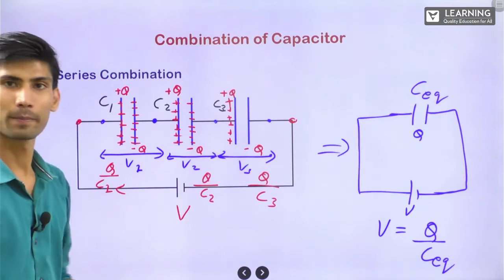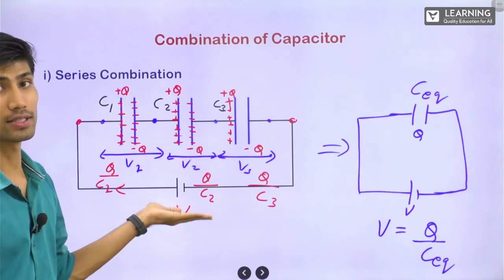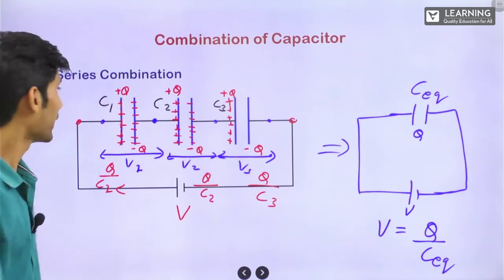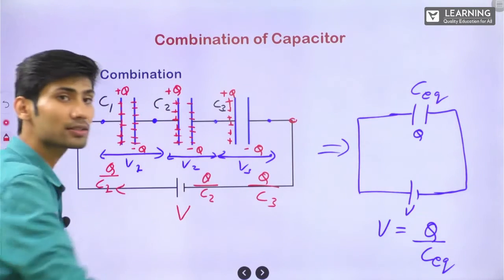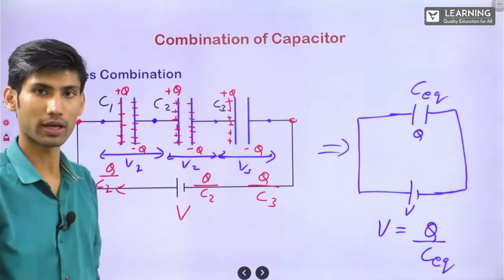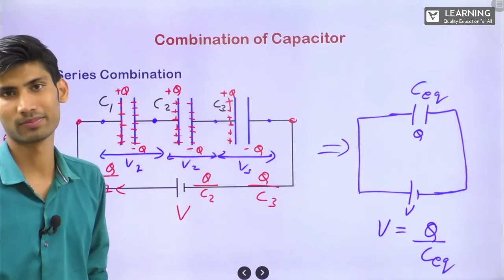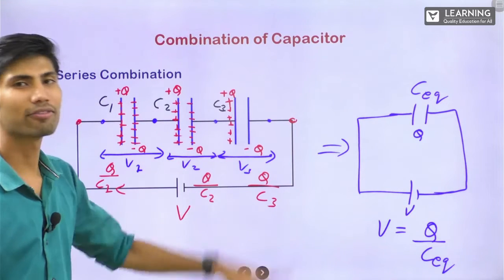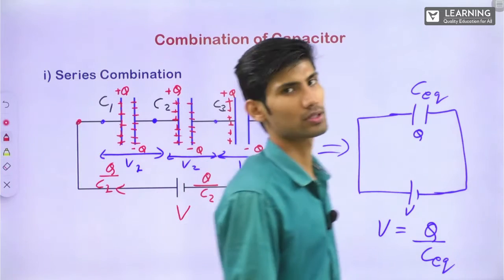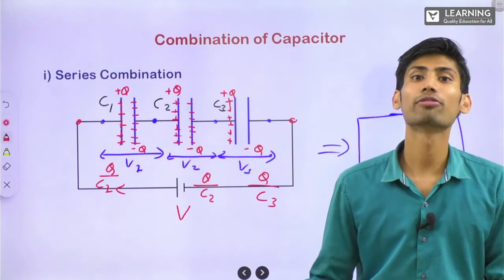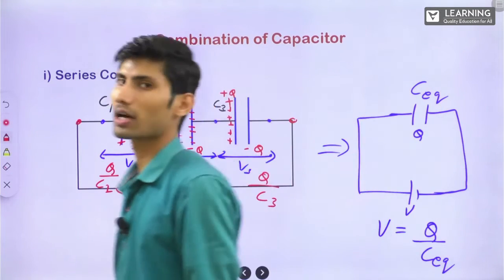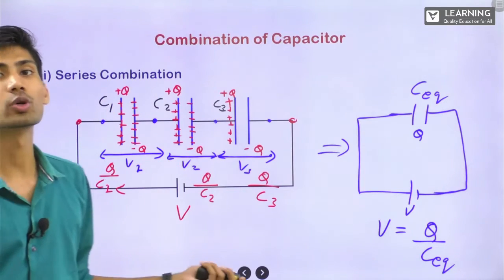This is the battery. This battery is supplying energy Q square by C equivalent. Energy stored in all the three capacitors is Q square by 2C equivalent, half of the energy which the battery is supplying. Then where is the rest half of the energy? The rest half of the energy goes into the resistors in the form of heat. The rest half of the energy converts into heat.